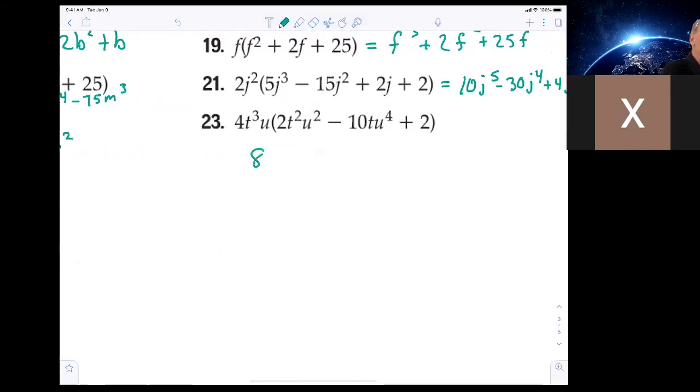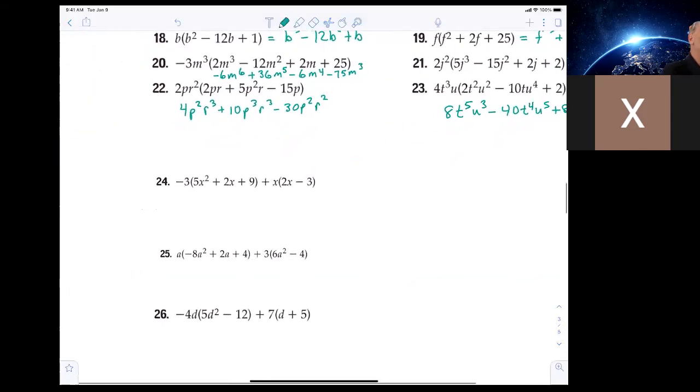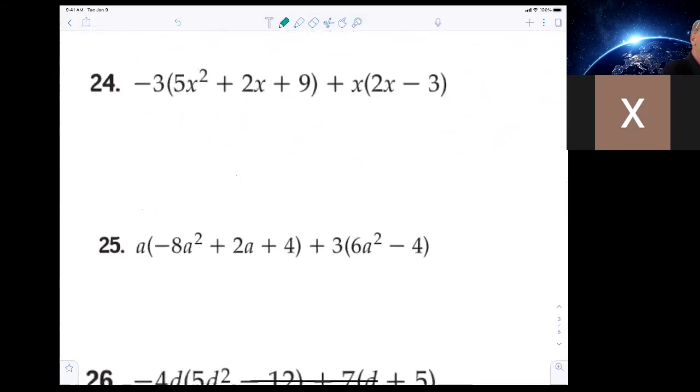8t to the 5th mu to the 3rd minus 40t to the 4th mu to the 5th plus 8t to the 3rd mu. Amazing. All right, I'm pretty happy with that. All right, Emiliana, go. Negative 15